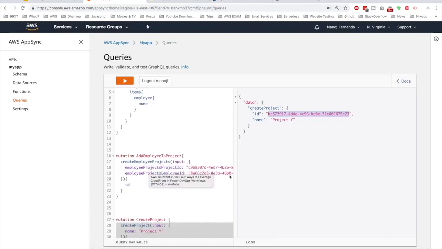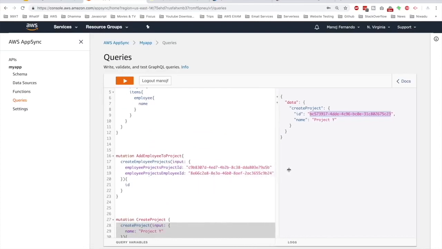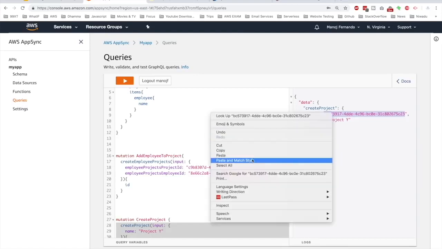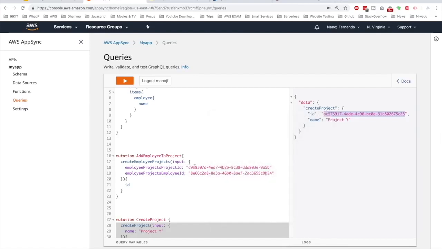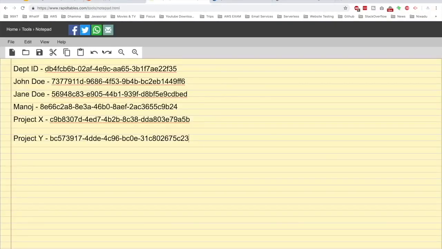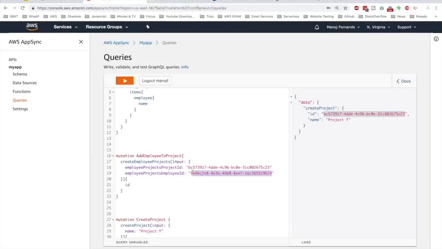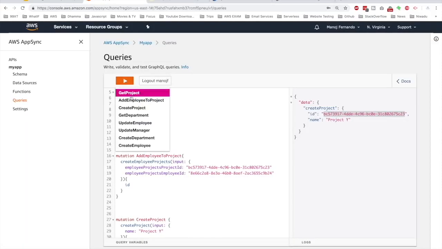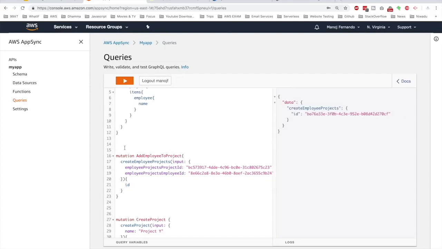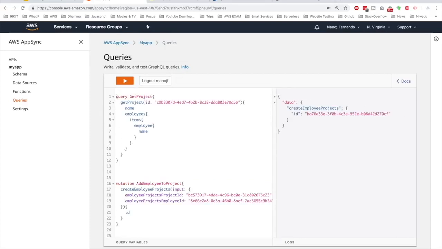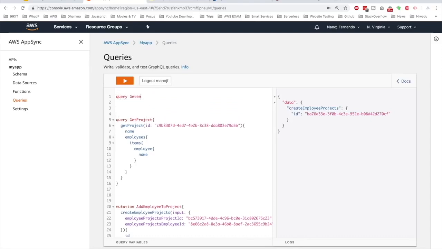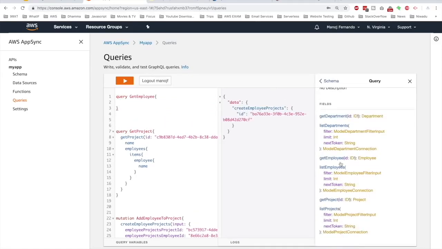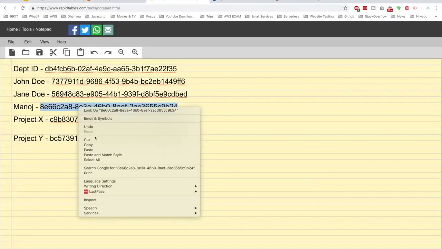Now let's associate Manoj to that project Y. So project Y ID, I already copied it. So let me just quickly paste it here. So this is the ID of project Y and the employee ID of Manoj. So that is this one. All right. And I'm going to execute add employees to the project. Great. Now if we query Manoj, then we should see all the associated projects. Let's query that. Get employee, query name. Let's get employee. Okay, get employee, and basically you need to give the ID of the employee, which is Manoj